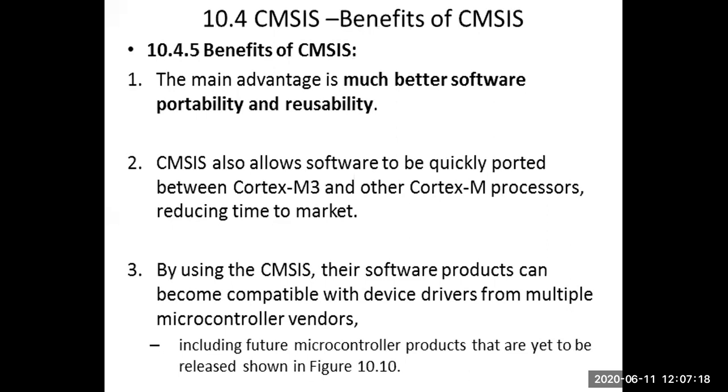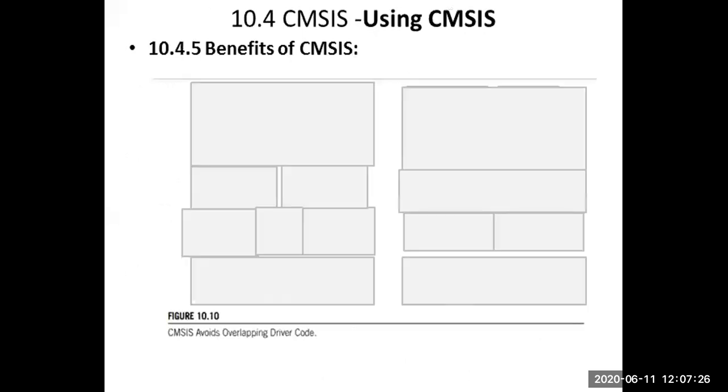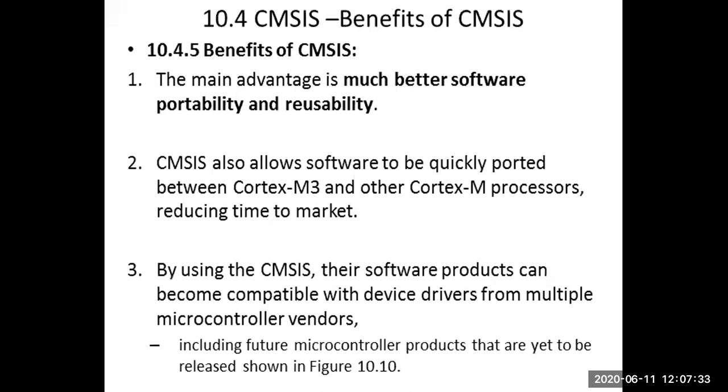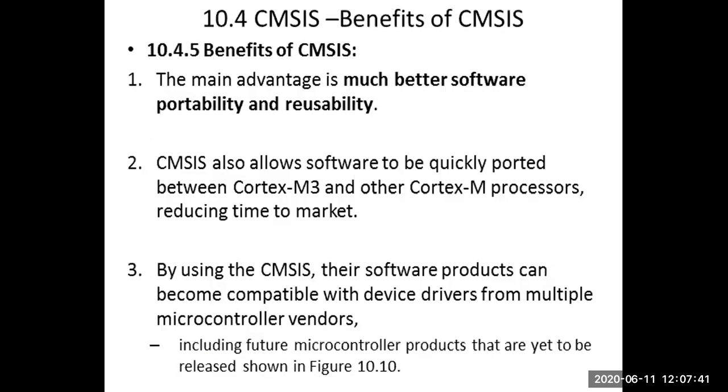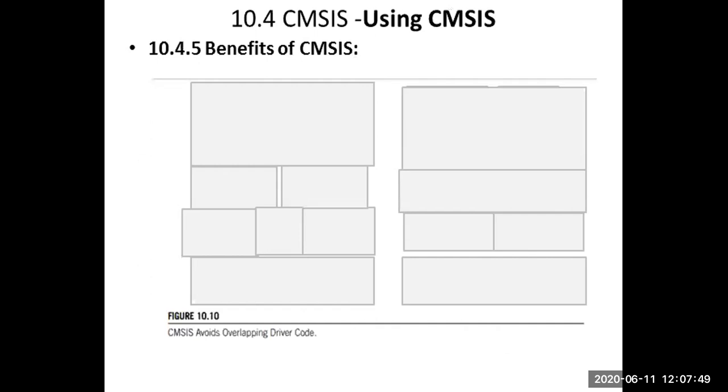We will see what figure 10 is and why they mention that advantage with a figure. I am also curious. The third advantage, as the figure name says, is that CMSIS avoids overlapping of drivers. I was wondering why they give a figure for this. We cannot easily express it in words, so they are giving a diagram: the avoidance of overlapping with CMSIS, and how it is different from other